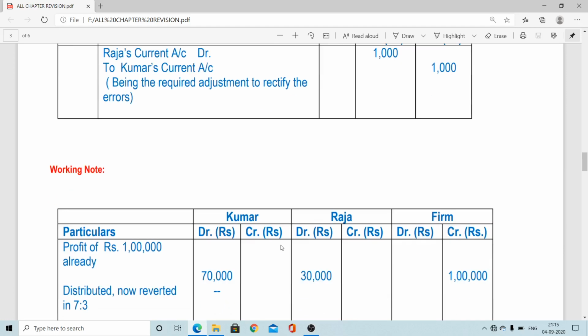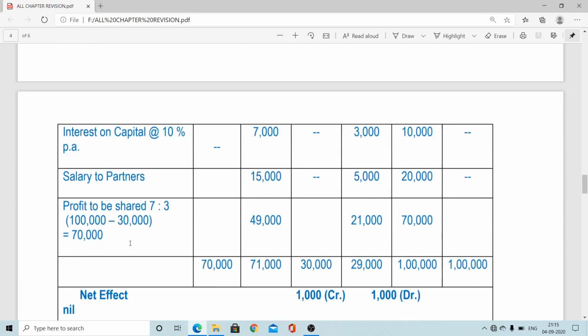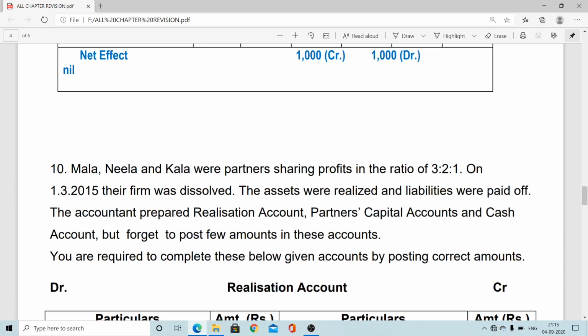Now this is related to the 6 marks question. Now related to the 8 marks question, the last phase, there is the 8 marks question. In the case of the 8 marks question, 2 questions will be there, 8 marks, 16 marks question. One question can come from resolution of partnership, fill in the blanks type. Another from NTO, non-trading organization.